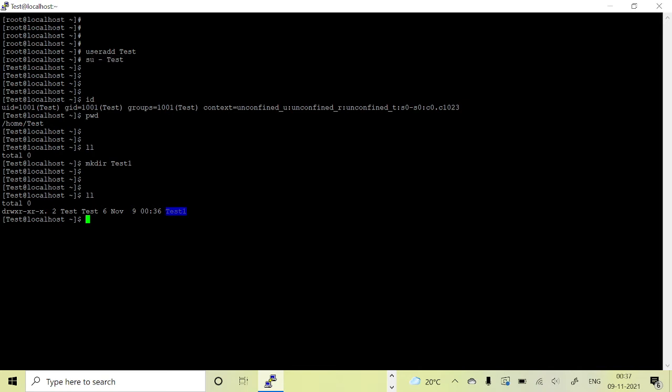So when I'm creating a file, the owner of the file by default will be test. And the primary group of this user is test, which is why it is showing the group also as test. The permission of the owner is read, write, execute. Permission of the primary group is only read, execute. Write permission is not there. This permission comes from the umask value. If we change the umask value, the permission we have seen for this file can be changed.